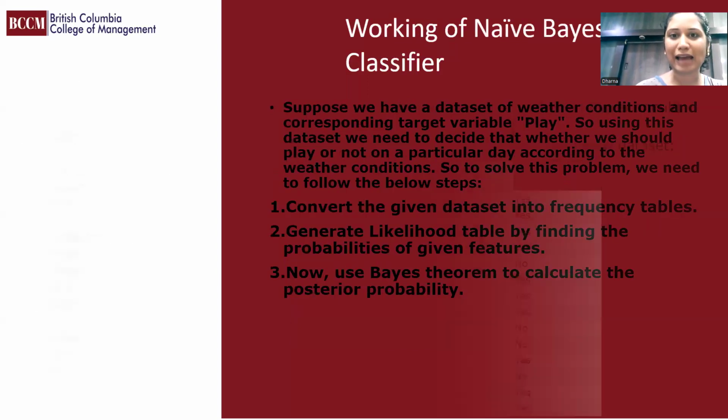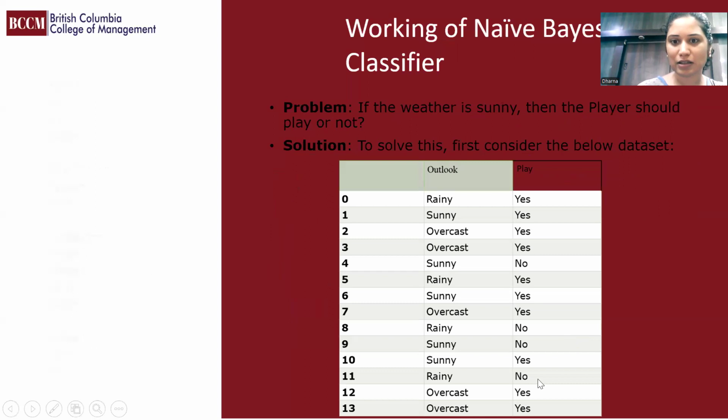Now suppose I have a data set like this, where I have two columns, outlook and play. Outlook is my input column. I am going to predict whether the player can play the game if the weather is, let's say, rainy, sunny, or overcast. In the outlook column, we are given three types of values: rainy, sunny, overcast. And play is the output, that is what we have to classify. So play can be either yes or no. It can have two values.